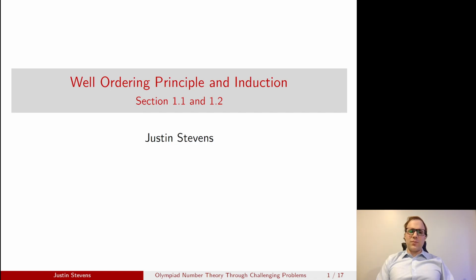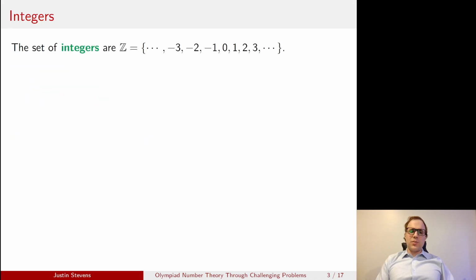So today we're going to be taking a look at the well-ordering principle and the principle of induction, which serve as the first two sections of the book. To begin with, we need to explore and define what the integers are and what properties they have. The set of integers is defined in the way that you see here on your screen. They are all the whole numbers that do not have any decimal points. My personal favorite integer is the number 42, but we're going to see lots of fun properties of many integers